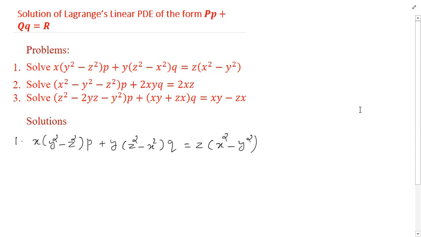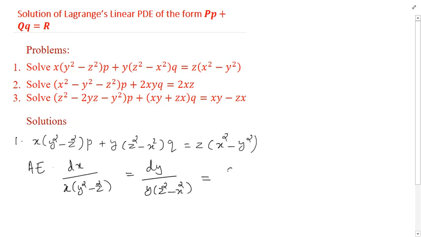method of multipliers also. Now consider the first question, that is solve x into y square minus z square p plus y into z square minus x square q equal to z into x square minus y square. So we can see that this is a Lagrange's equation. Therefore, write down auxiliary equation. So auxiliary equations are dx by P, that is in this case x into y square minus z square, equal to dy by y into z square minus x square, equal to dz by z into x square minus y